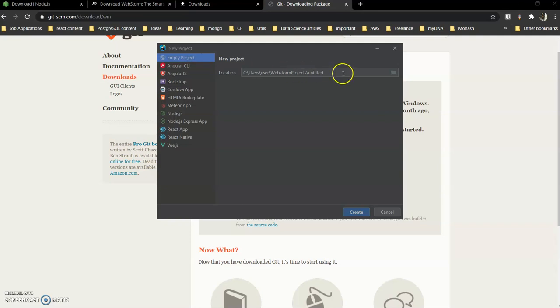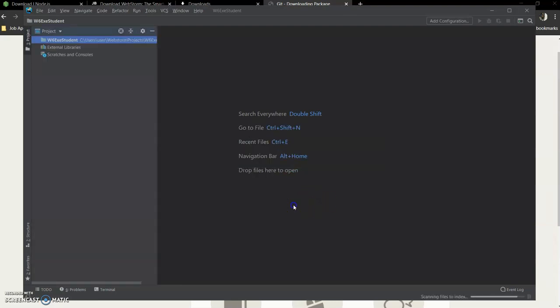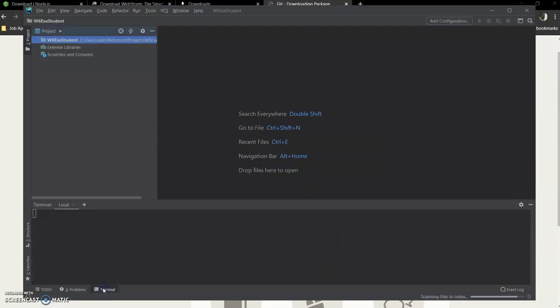Empty project, and we'll name it week 6 exe student. Now we click terminal.